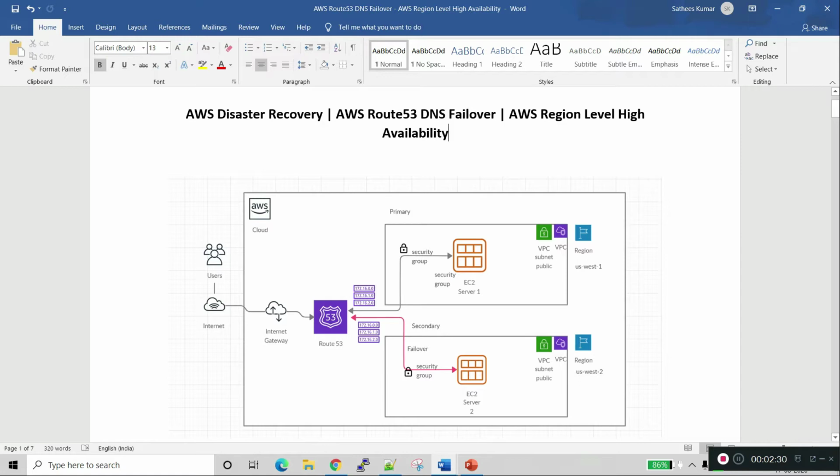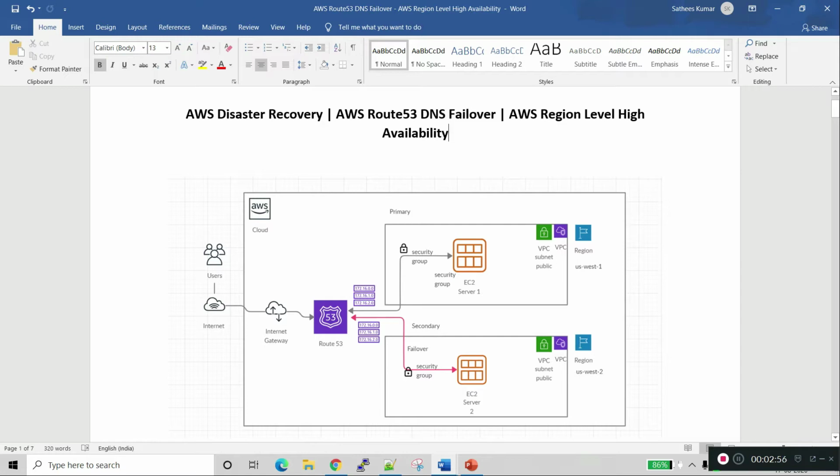And we have created the EC2 server. In the EC2 server we have deployed one Apache web server, and we have deployed one sample application, and we are hitting this. So when we switch off this server, then Route 53 should change from the primary to the secondary.